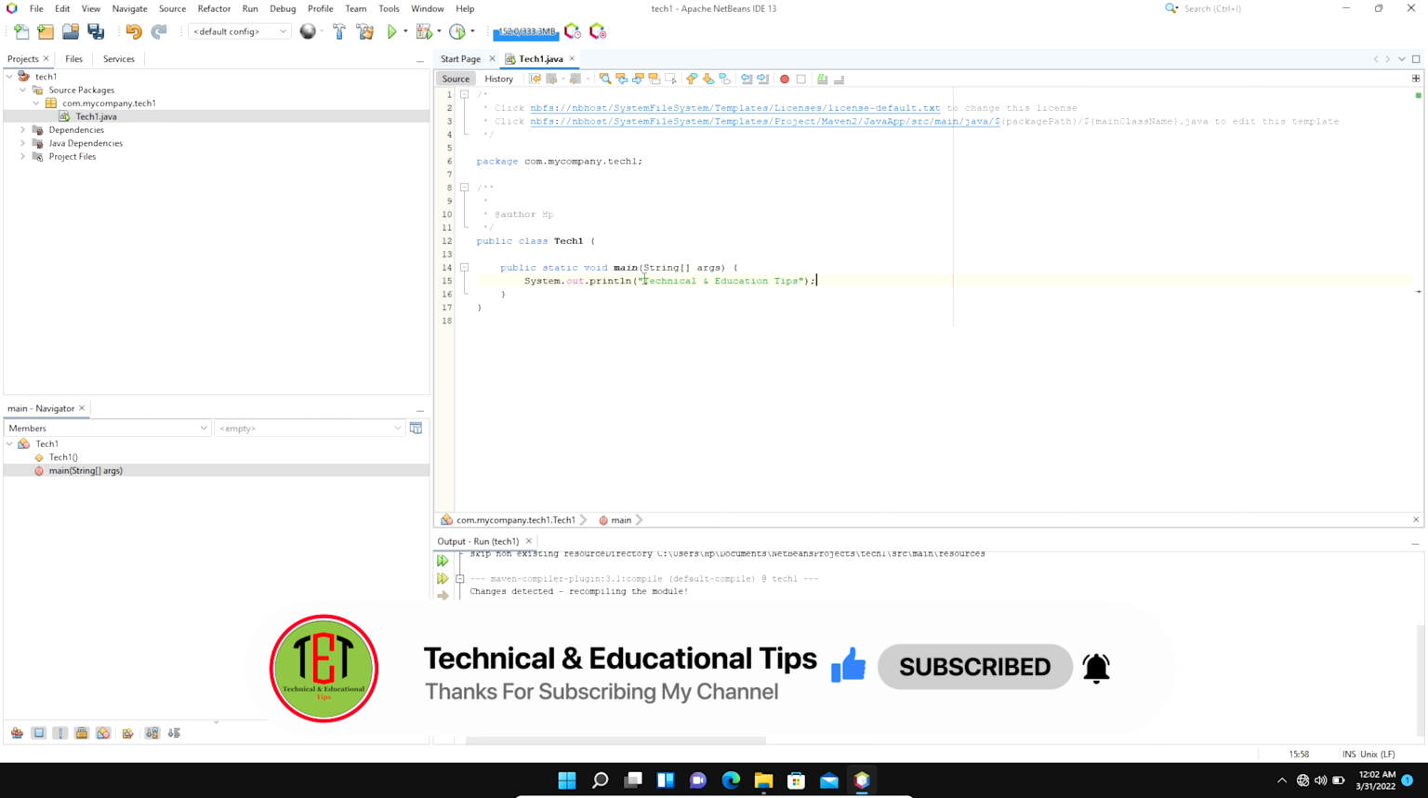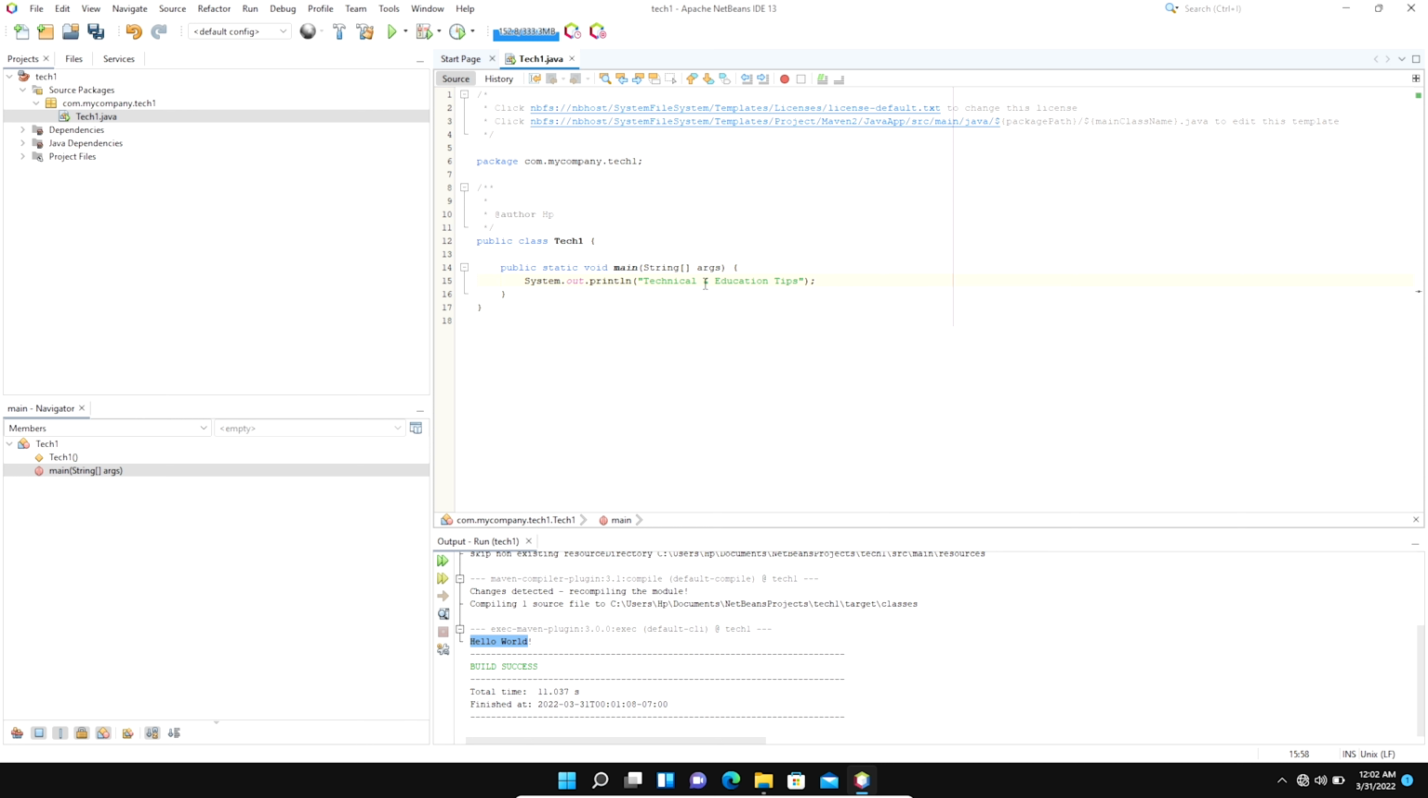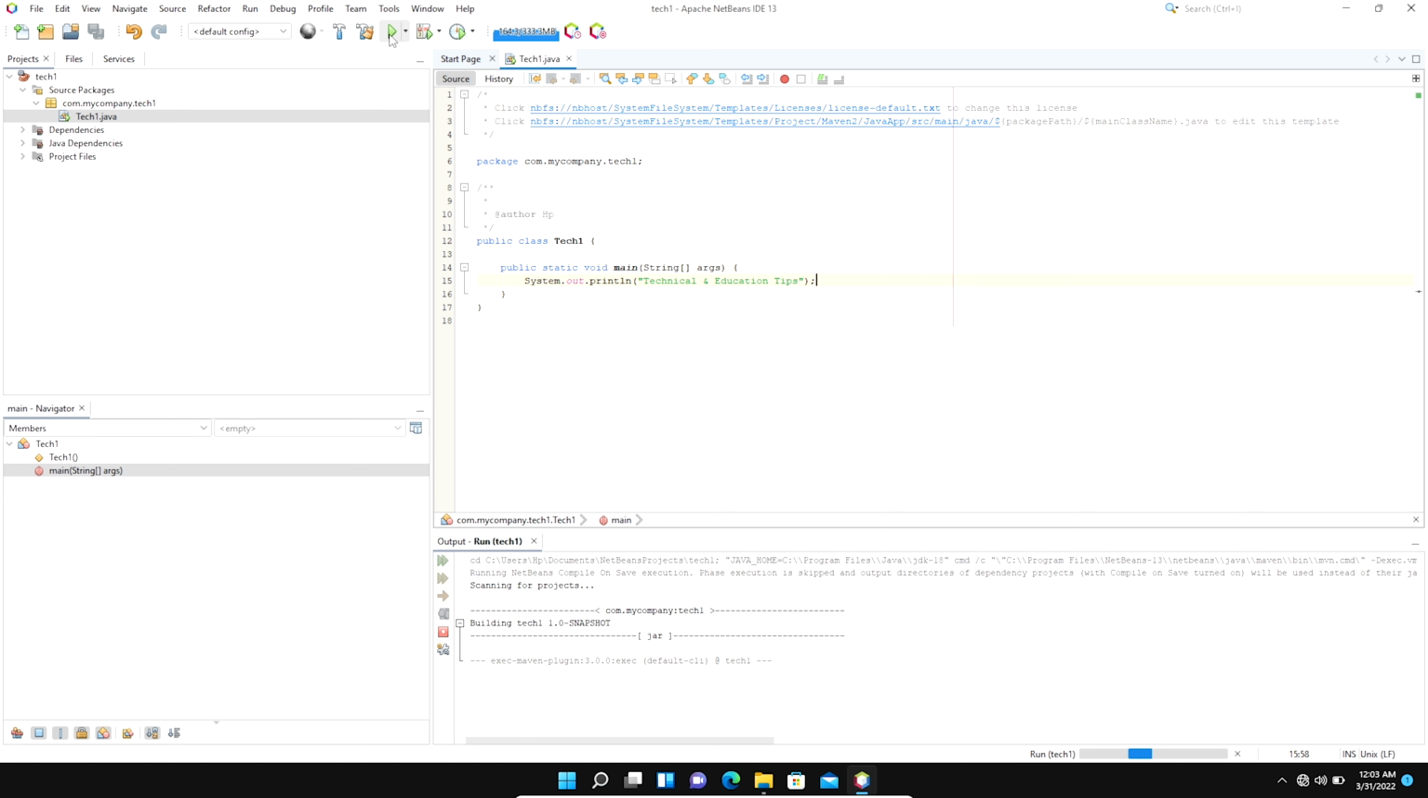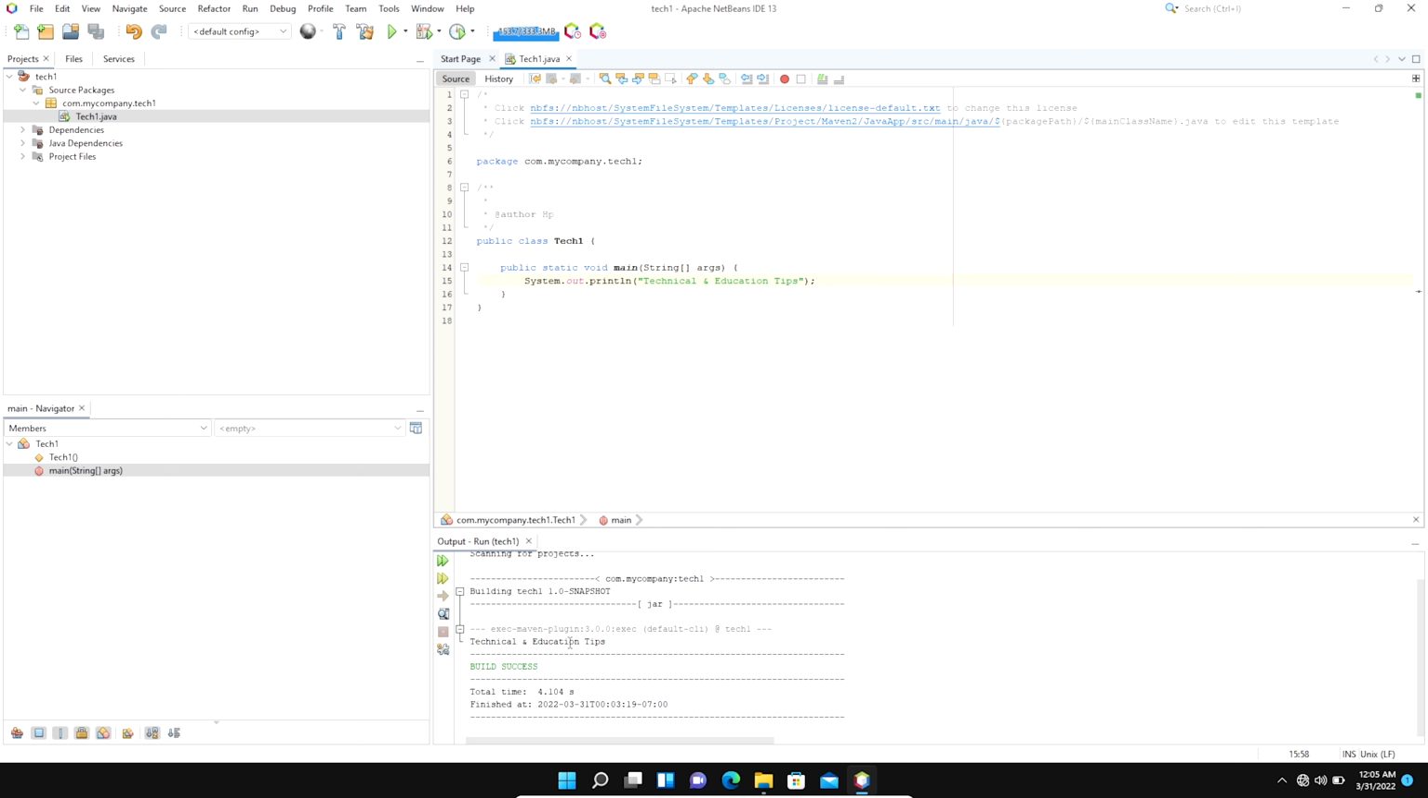Now you can see here we replaced the hello world with technical and educational tips. Now we run it. Click on this option. Now you can see here this program is successfully run. In this way you can download and install the latest version of NetBeans on Windows 11 and run the first program